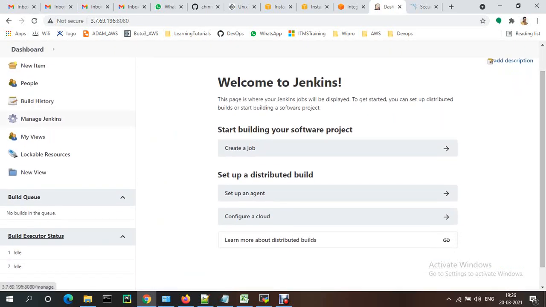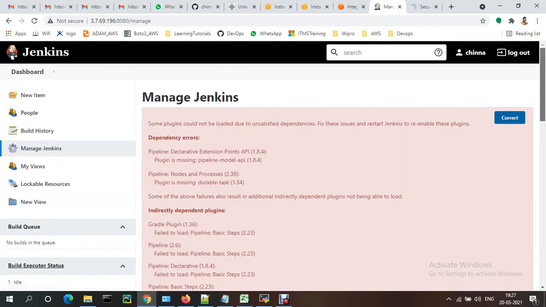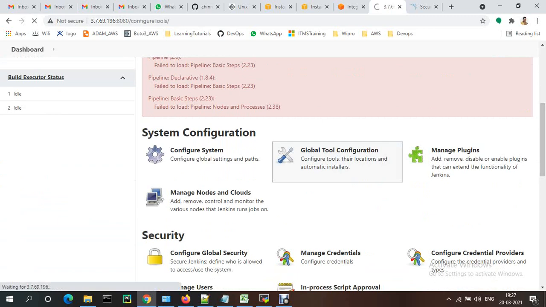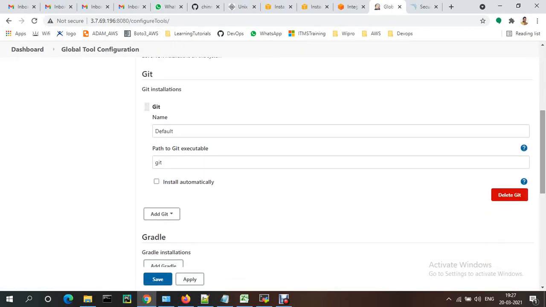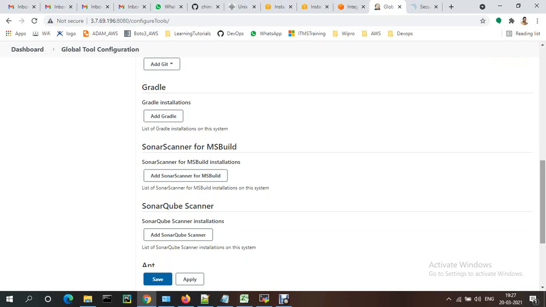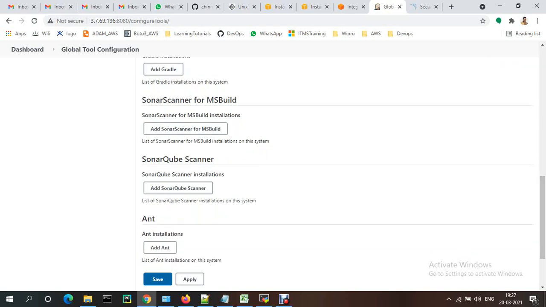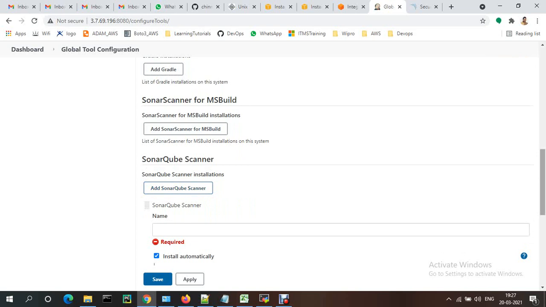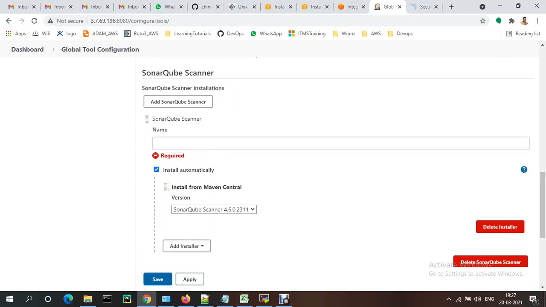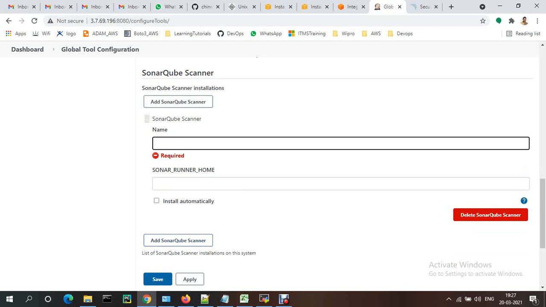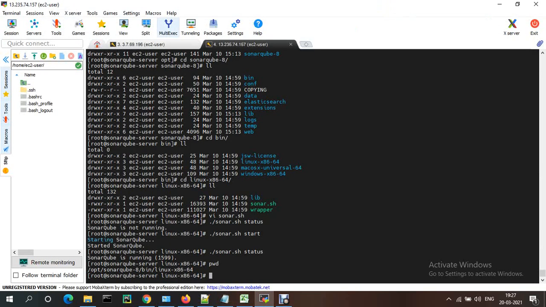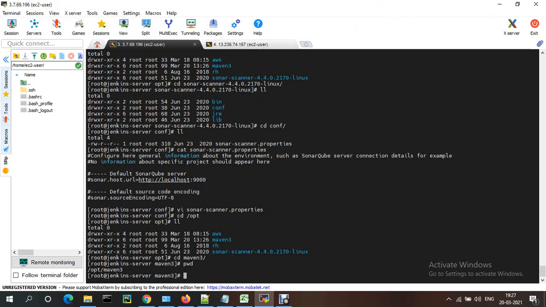We just created the Sonar Scanner CLI, so that also needs to be configured under Jenkins. For that, go to Jenkins Global Tool Configuration. We see here SonarQube Scanner, add SonarQube Scanner. For that, I'm unchecking the install option. Just the name, whatever name is there, right? I'm just giving some sonar scanner name, some sample name. The name can be anything.